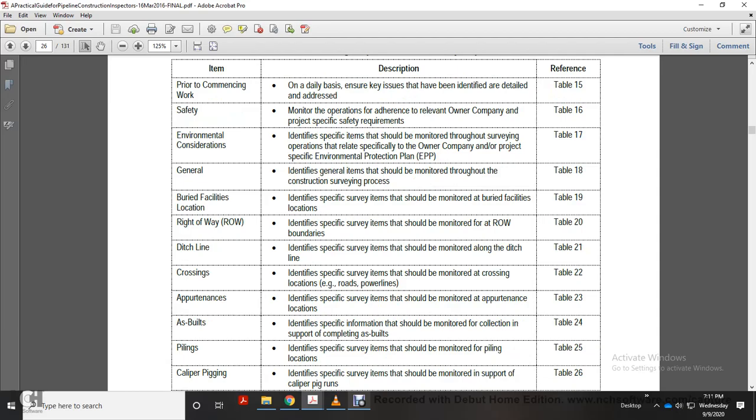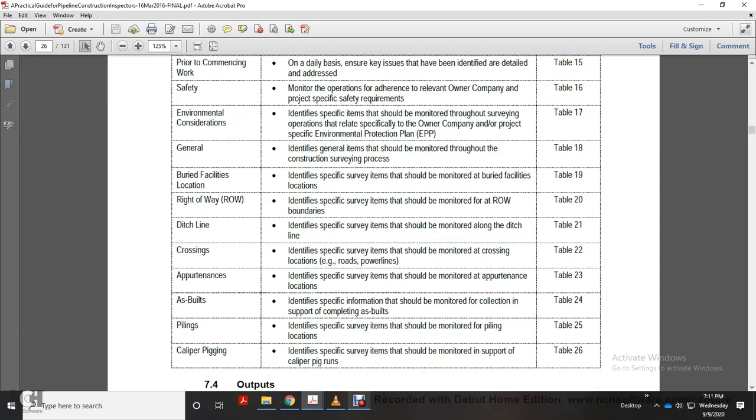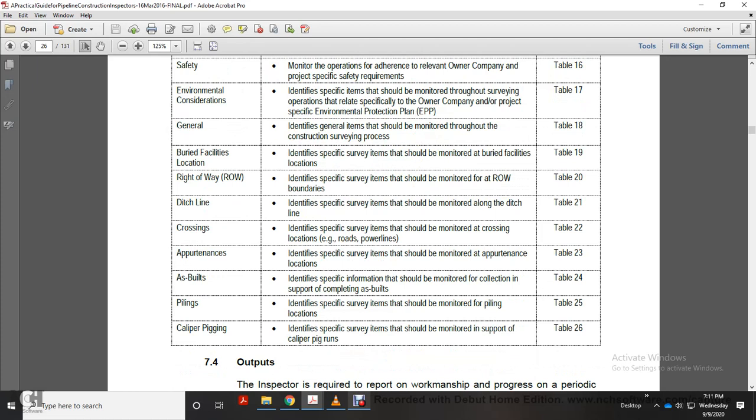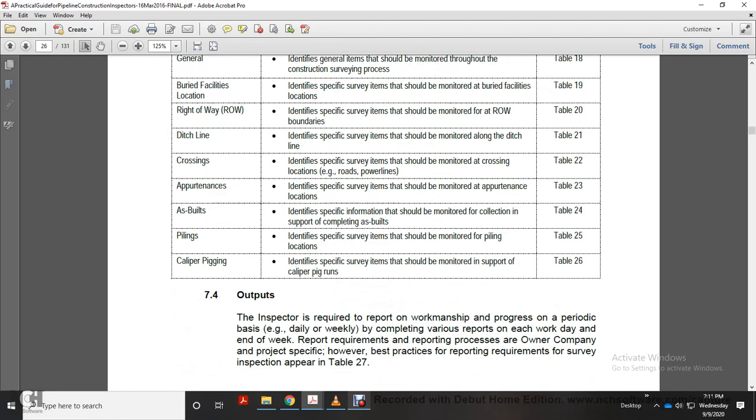of the completing as built. Pilings, identify specifically survey items that should be monitored for piling locations. Caliper pigging, identify specific survey items that should be monitored with the support of the caliper pig runs. 7.4 Output. The inspector is required to